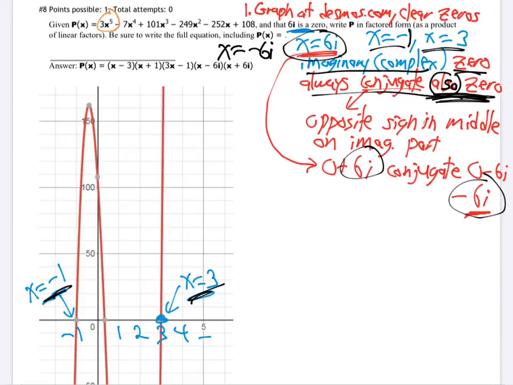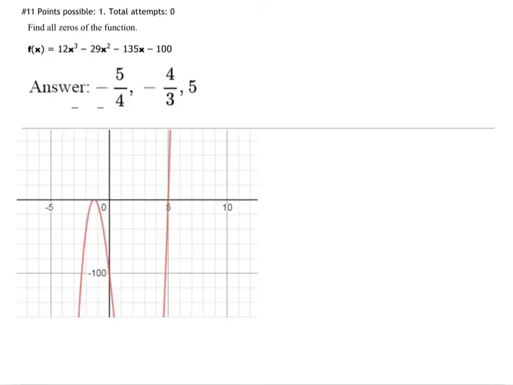And this is 5th degree, so there's only one more to go. The degree tells you how many zeros, right? There's only one more to go. So we just need to find that last one, but that's easier said than done. So I'm going to go to a fresh screen where we have a little room to work, taking the information we have. So now on number 8, we have the function p of x equals